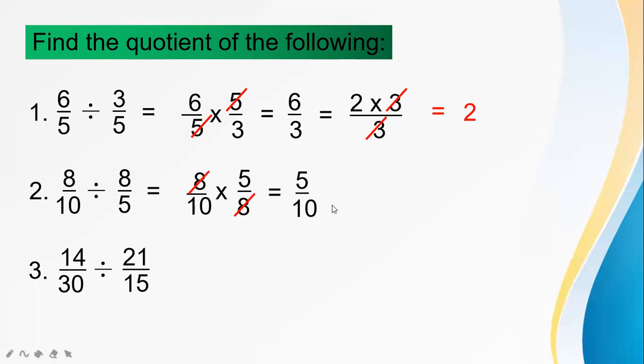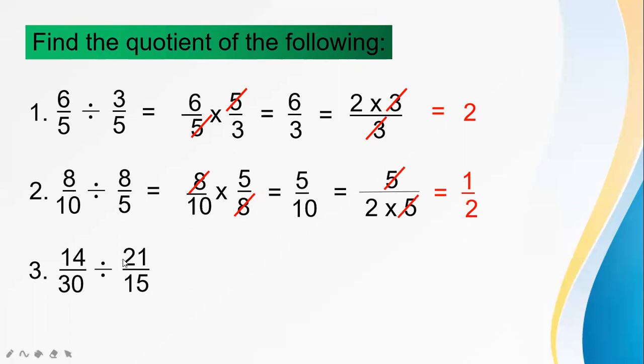And then we have 5 over 10. Then 10 factors of 10, we have 2 and 5. 5 times 2 is 10. So 5 over 2 multiply 5. Then this will be the common factor you cancel out, and therefore we have 1 half or 1 over 2